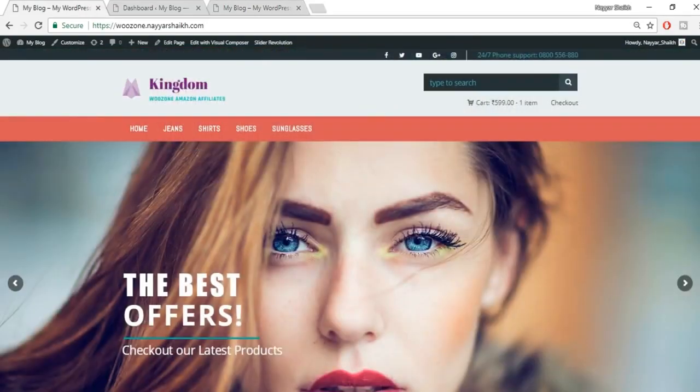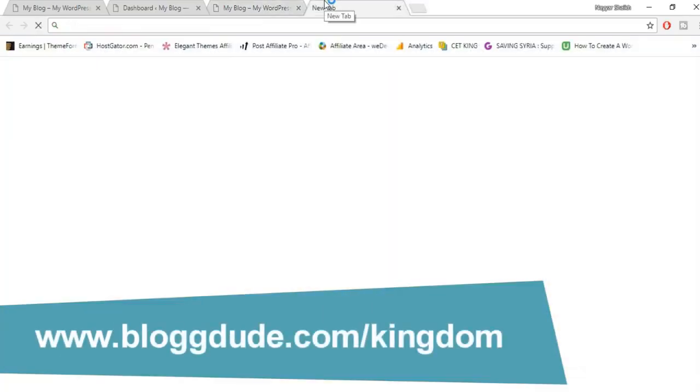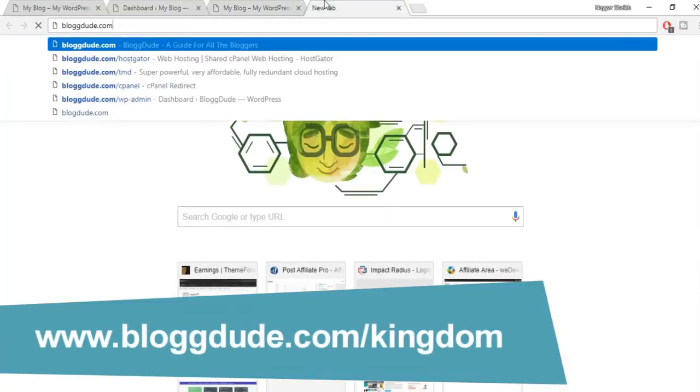Okay, so for that we need something called a theme to beautify our website, and we also need a plugin, a Woozone plugin. That is the name of the plugin, Woozone. That plugin will enable us to import products from Amazon, and that is a very useful plugin. I have decided one thing, just to save some money from your side. Okay, you will save some money. So what you have to do, just open a new tab again and type in